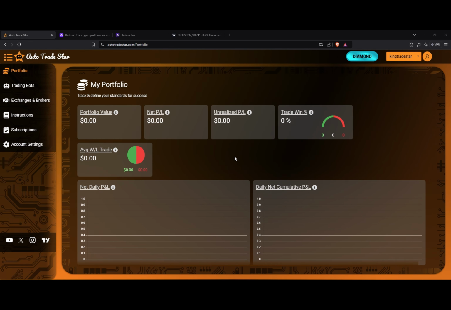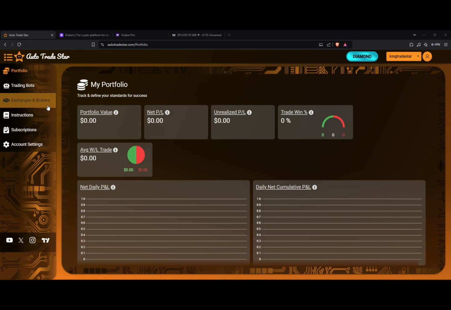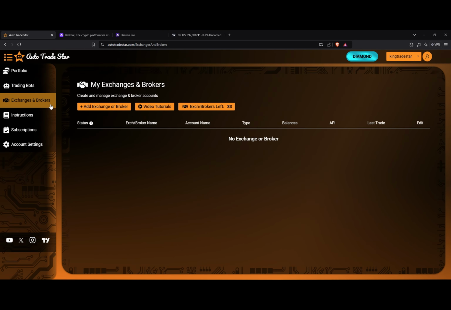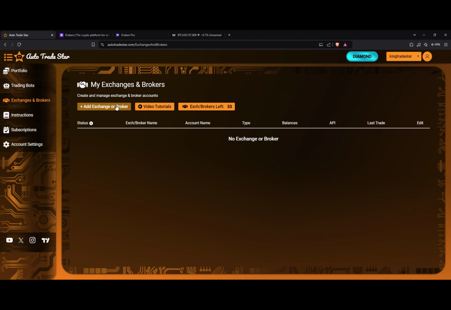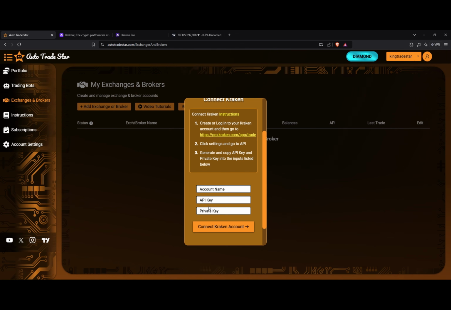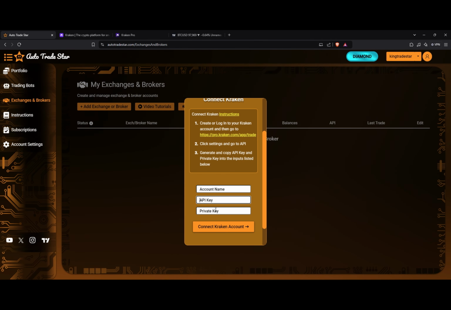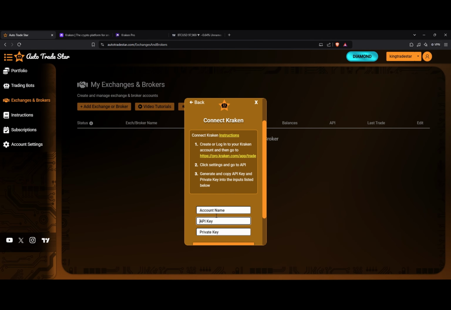To start auto trading, first click Exchanges and Brokers. After that, over here at the top, click Add Exchange or Broker. Then click Kraken. Now that you've arrived at this screen for inputting the API key and private key from Kraken, go to